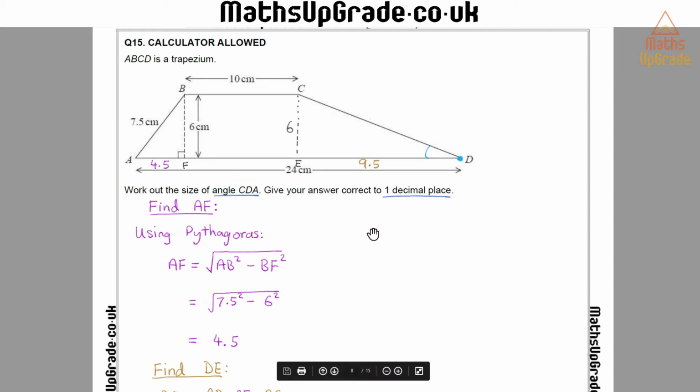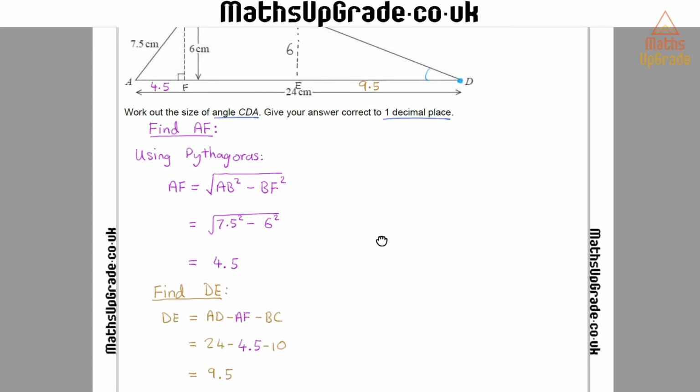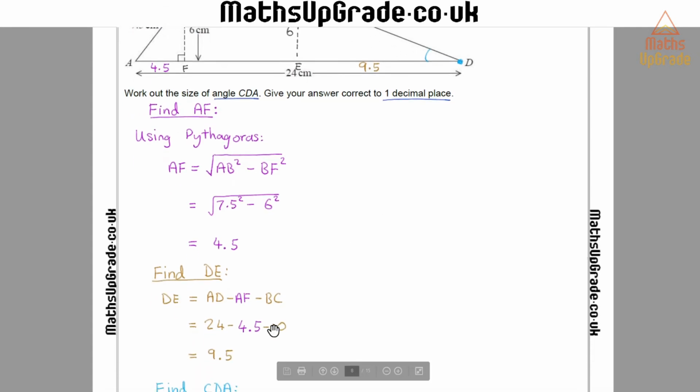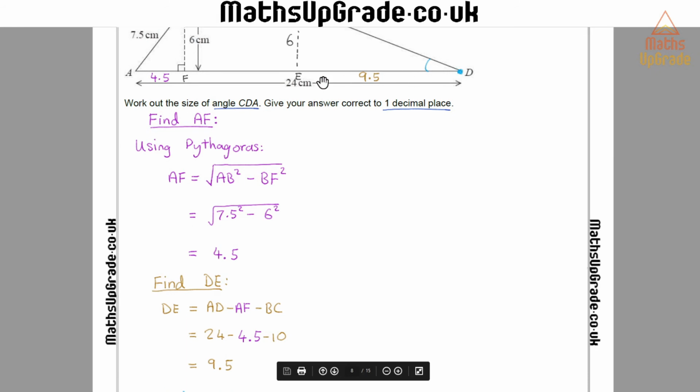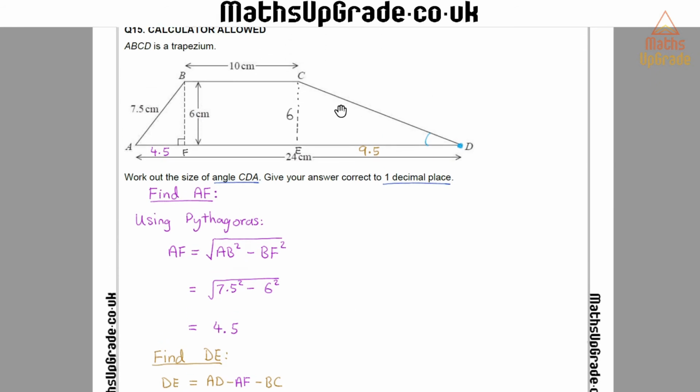Since I now know AF, I can find DE, so this line segment here. This is 4.5, this is 10, and the whole thing is 24. So if I subtract 4.5 and 10 from 24, I'll get 9.5 for the length of DE. Now to find angle CDA, so this angle here, I know this is 9.5 and I know this is 6. So essentially, this right angle triangle, I can apply